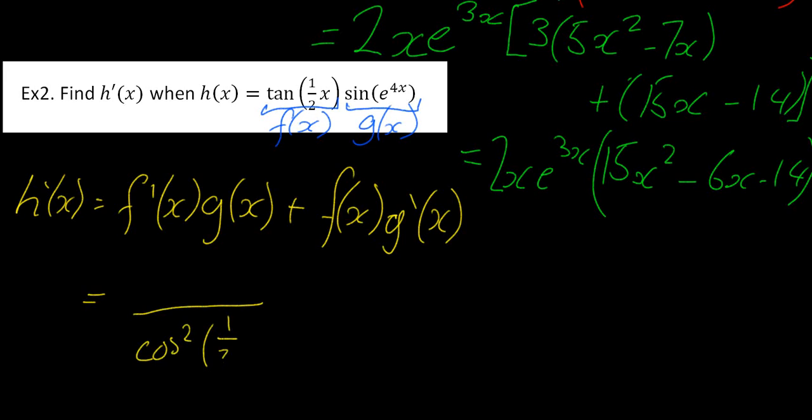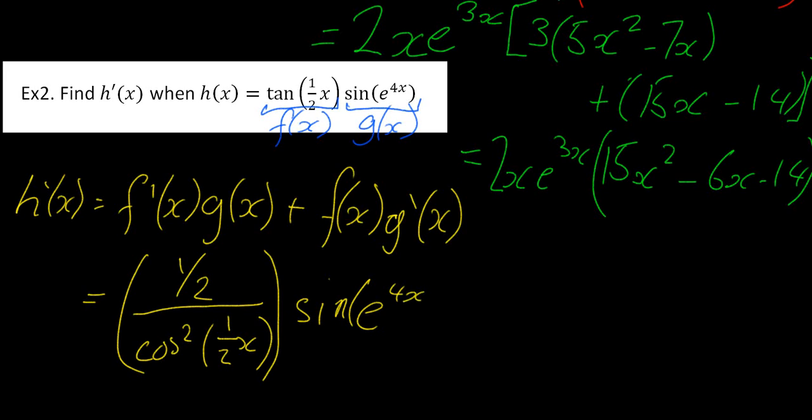So we have half x, and we take the derivative of what's inside, which is half, chuck it on top. And g of x over here, we're going to leave it as it is. Get sine e to the 4x